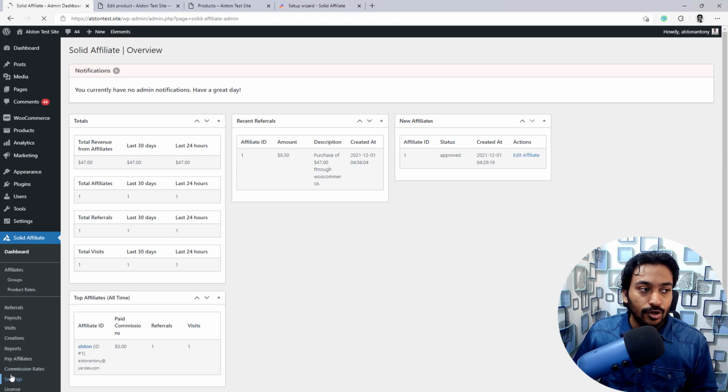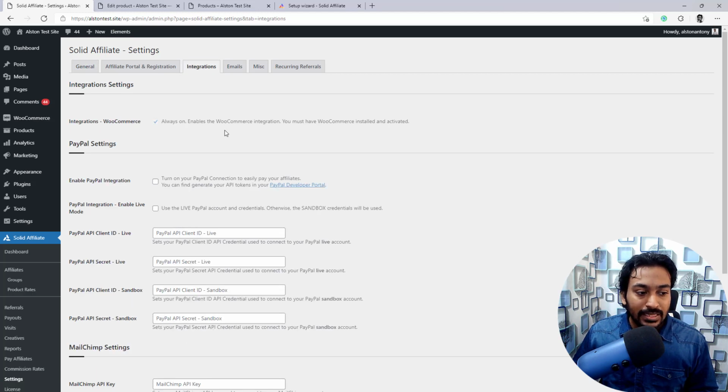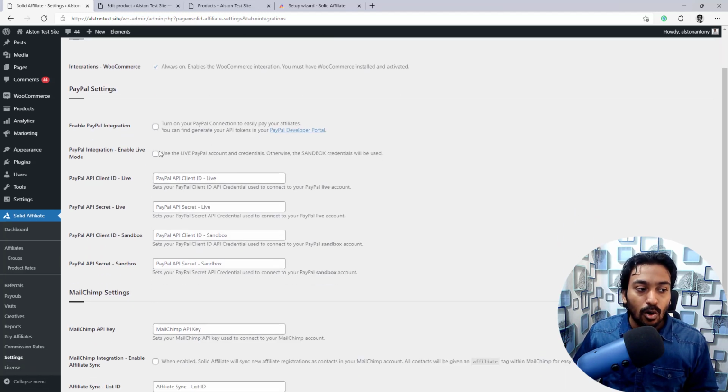For example, you need to go into the settings and go into something called the integration tab here, and within that they are asking for all the PayPal integration details which you need to provide. You can get all this data from the developer portal or by reaching out to support, or there is well documented information on the Solid Affiliate website regarding these things, and you just need to fill out this data.